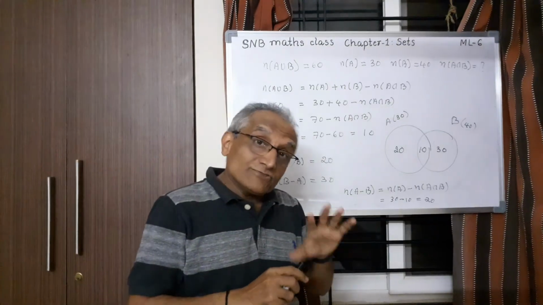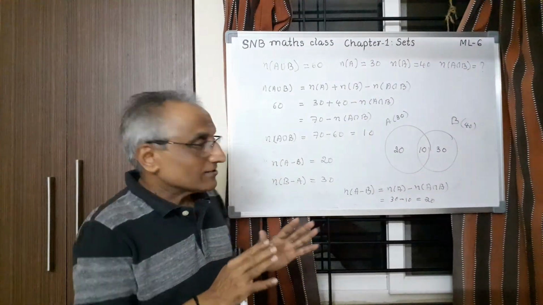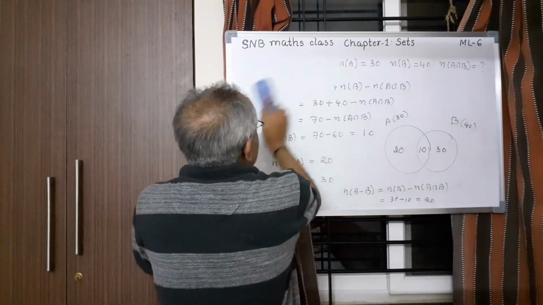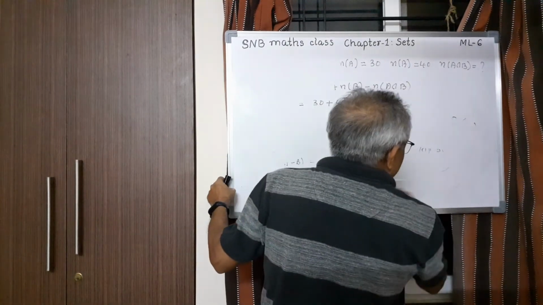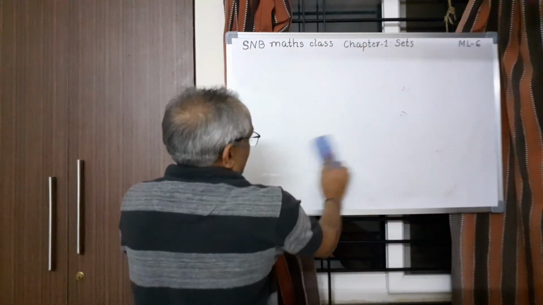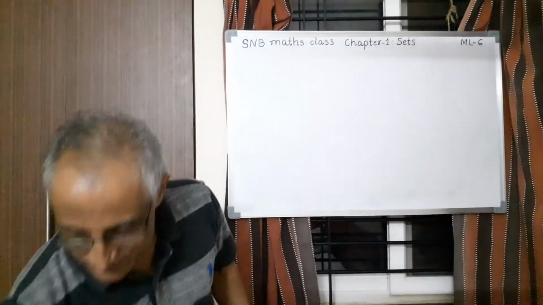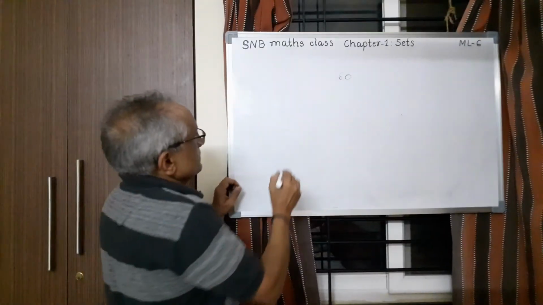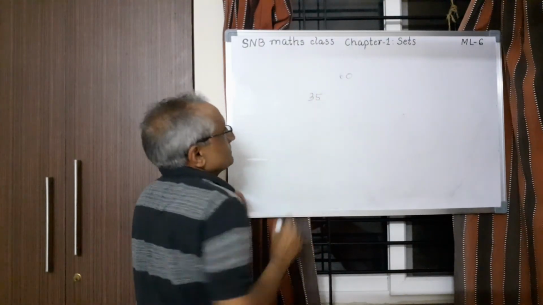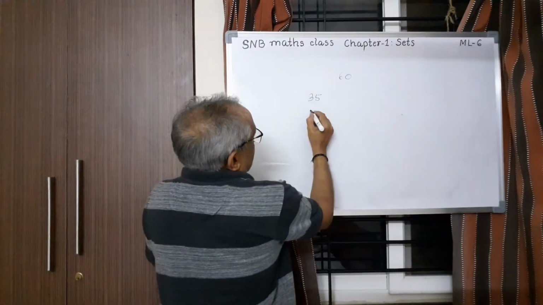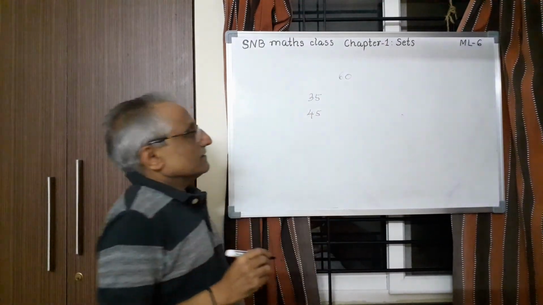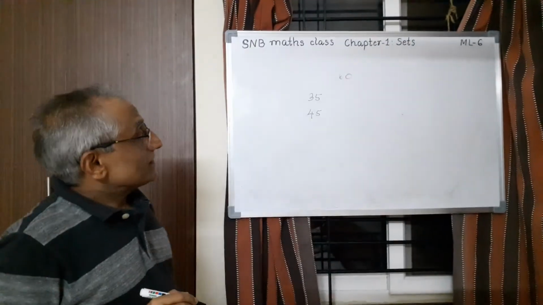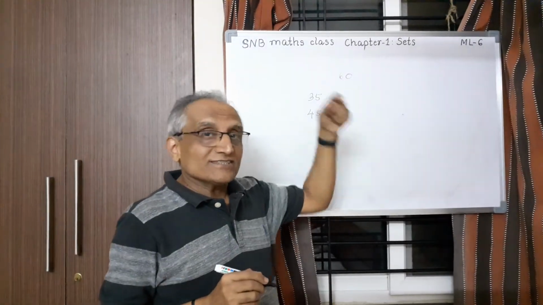So you see, this is why it is called application. We have studied the concept of sets. Now we are using this in solving problems. I will just conclude my lesson today. Where exactly can we use this type of formula? For example, in your class, say there are 60 students. Say 35 students like cricket. Then 45 students like volleyball. And it is given that every student plays at least one of these two. Then how many like both? So such questions can be solved.